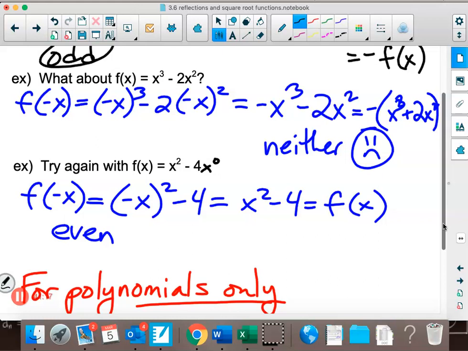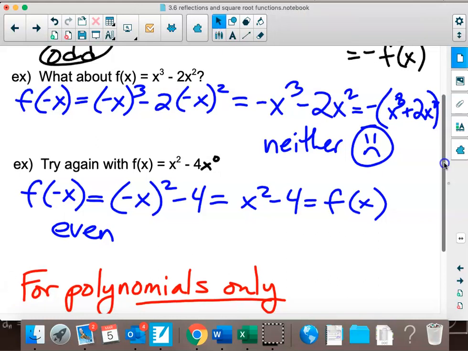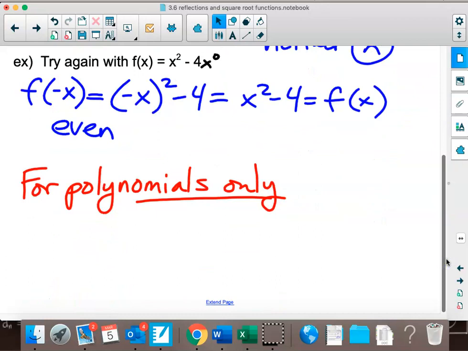What's 0 divided by 2? 0. Always 0. Right? Must be 2. You can't. Okay. So, all right. So for polynomials only,